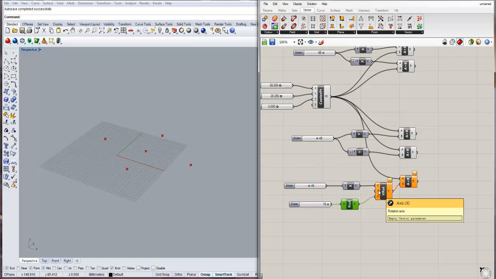and this is axis. So in order to rotate this, I have to rotate this on z-axis. So I'll give a unit z vector and connect this to x. Then we can